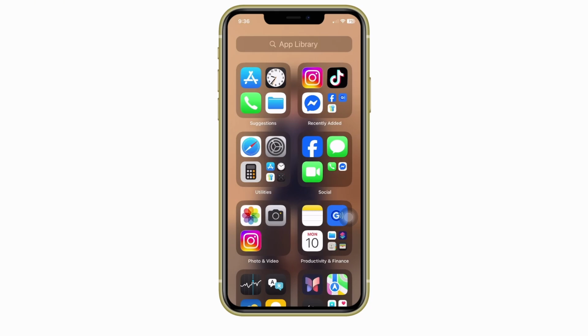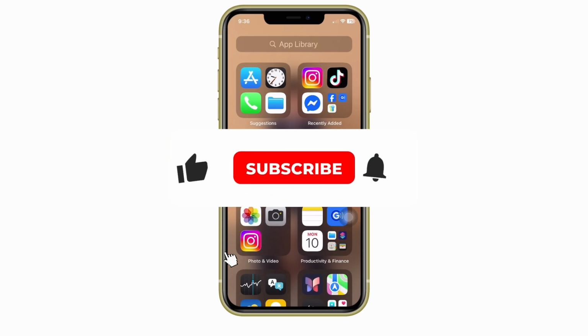Welcome. In this quick and easy tutorial, I'm going to be showing you how to clear frequently used emojis on